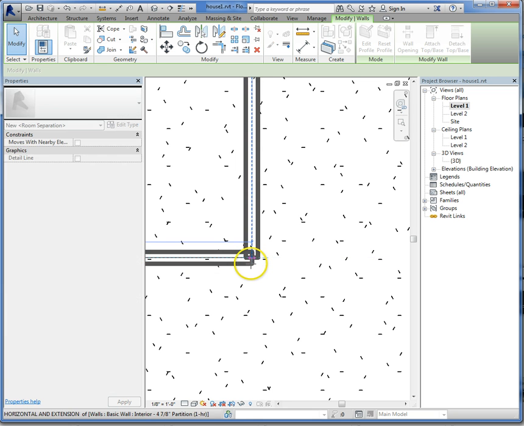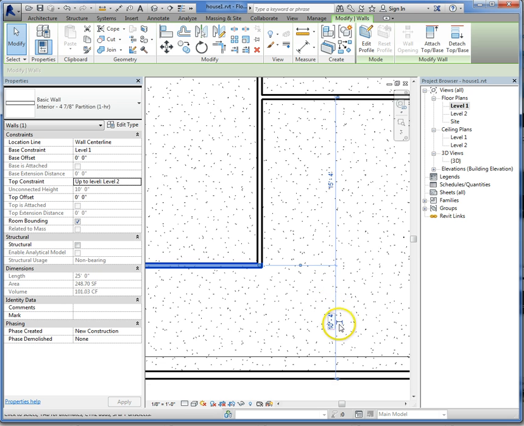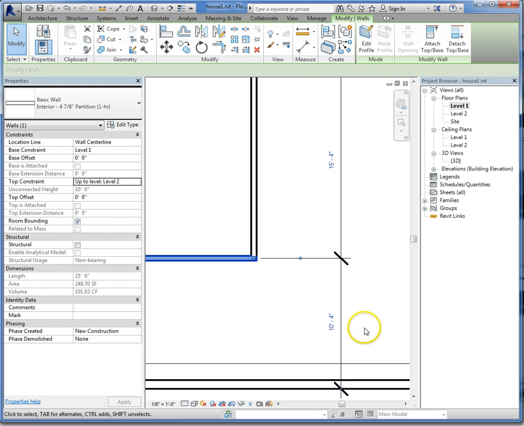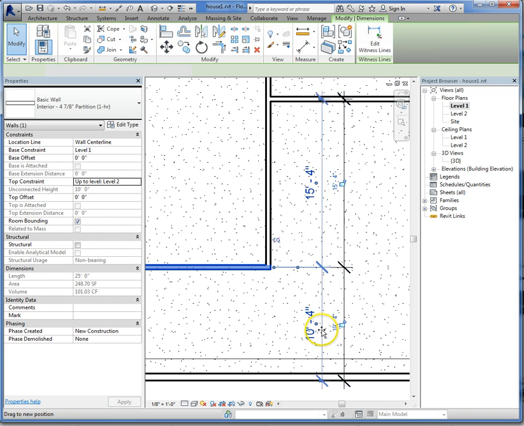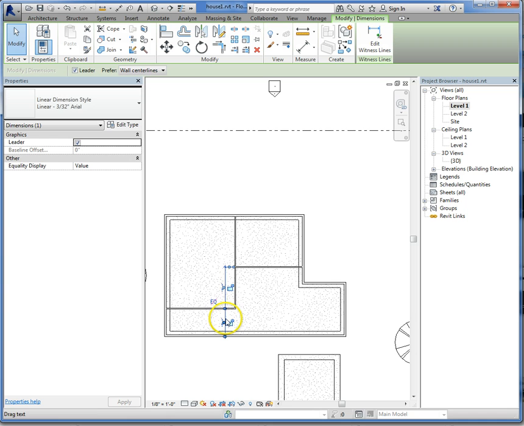And if I wanted to, I could move this guy as needed. You can click this button here, and it makes the temporary dimension permanent. So now I could drag this out of my house